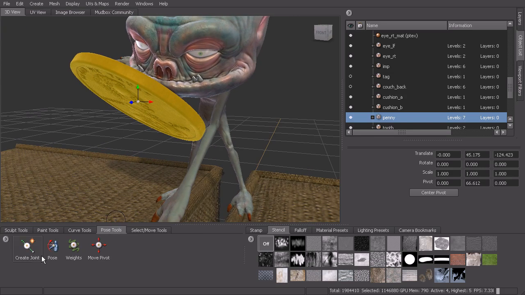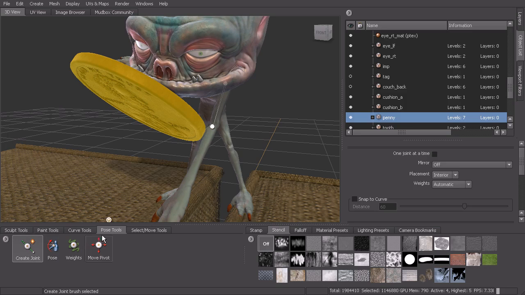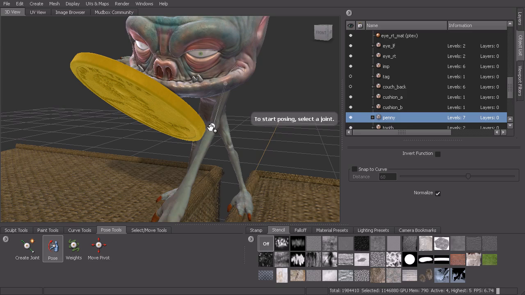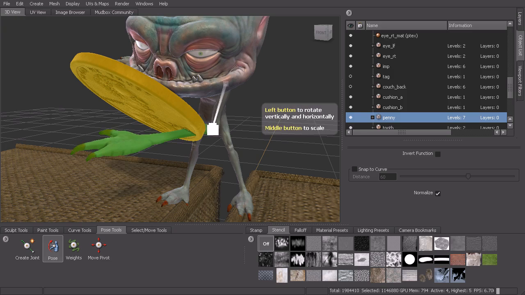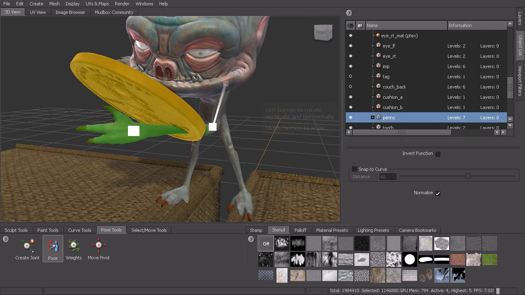All right, and then go back to our pose. And it's just going to be a process here. We can come back to pose and click on this one. And we can rotate this, twisting it around a little bit,